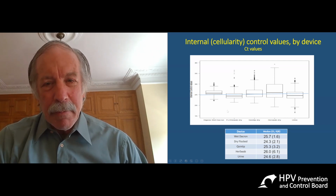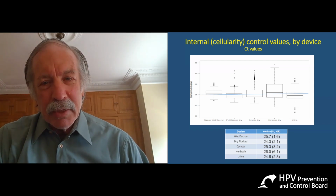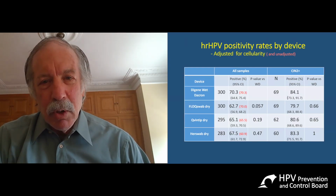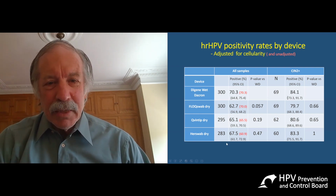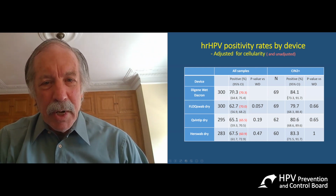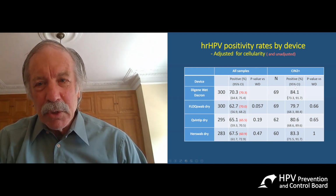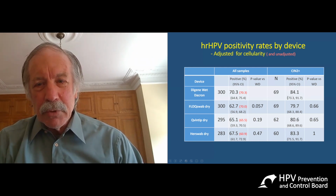So anyway, the main fact there was that Her swab was highly variable. And to get decent answers with Her swab, we actually had to adjust for cellularity. When we did that, the things were somewhat more similar. We got essentially, just focus on the CIN2, the rates for CIN2 plus